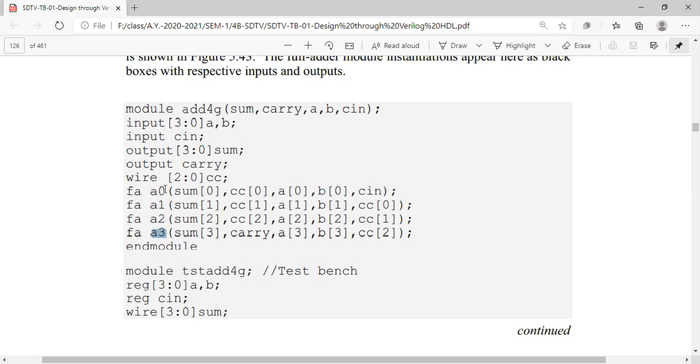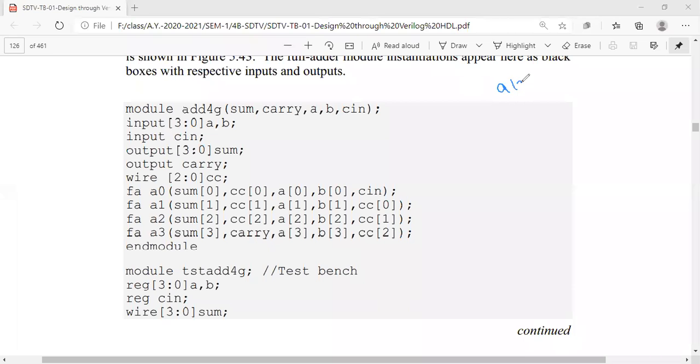Okay, so at the first level, I am having a as 1 bit. So you have here like this, right? This is the a of 3 bit.